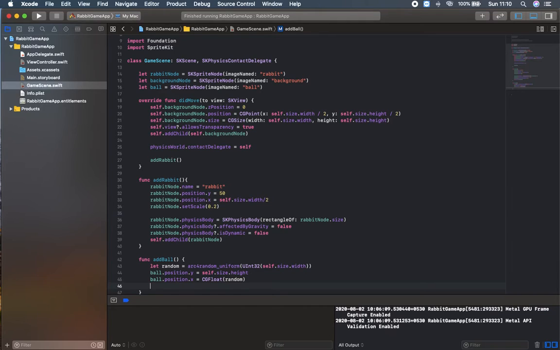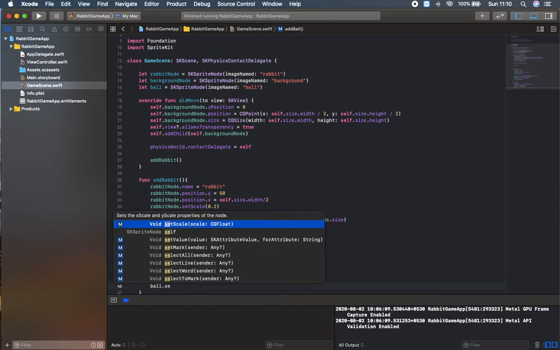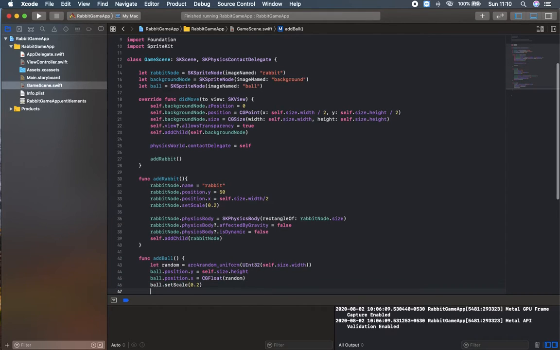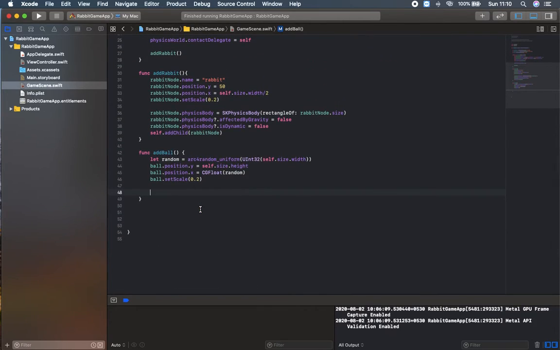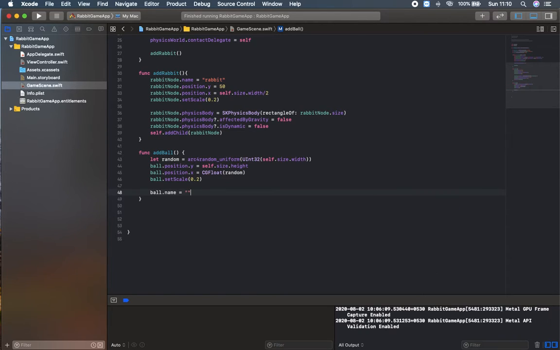That's what it exactly does. Then ball.setScale of 0.2 scale. Okay, then ball.name will be equal to ball, and then I need ball.physicsBody,